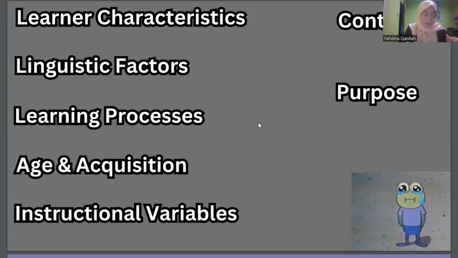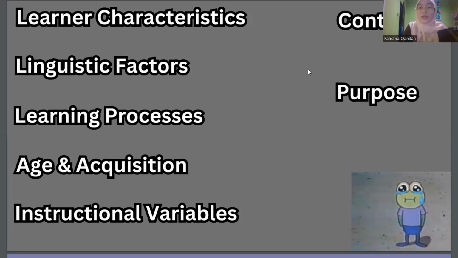Okay. I will start with a long opening, and it is still the opening of my presentation. Before we go into language learning and teaching itself, let's start with lots of questions that we need to consider. We need to be aware of them when we want to be a second language teacher.